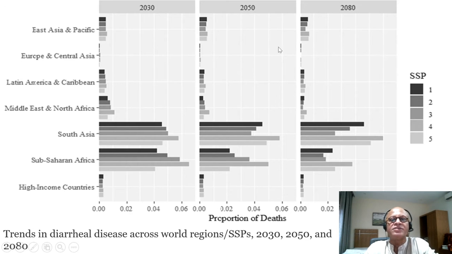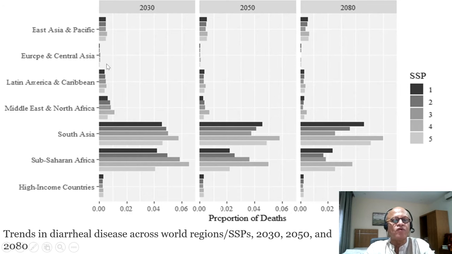So the main message, of course, is that these projections are made for 2030, 2050, and 2080, and there are differences in the impacts of various shared socioeconomic pathways, and of course there are differences in regions as well. You have to read the details as to what assumptions create these differences,